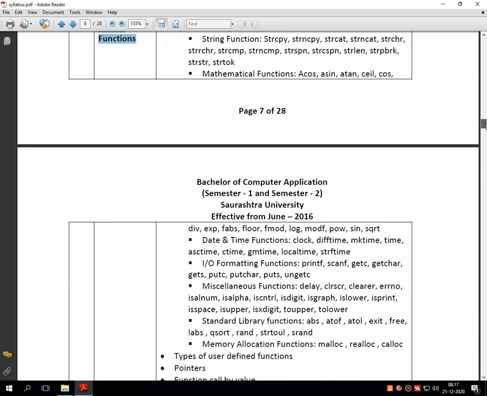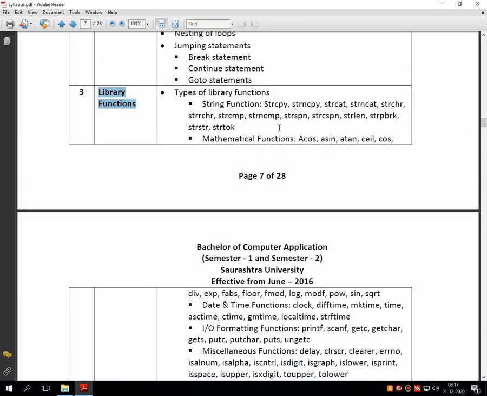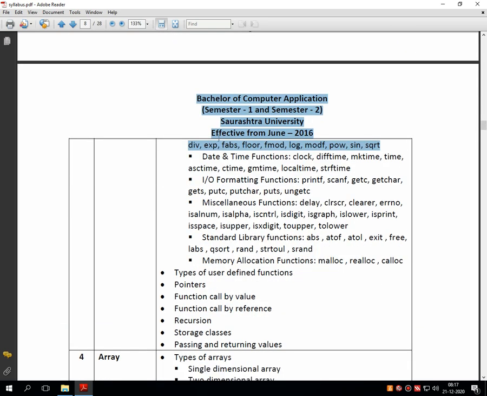In this unit, various library functions we have to discuss, like string functions, then mathematical functions, which contain various functions, date and time functions, input output formatting functions, miscellaneous functions, standard library functions, memory allocation functions.